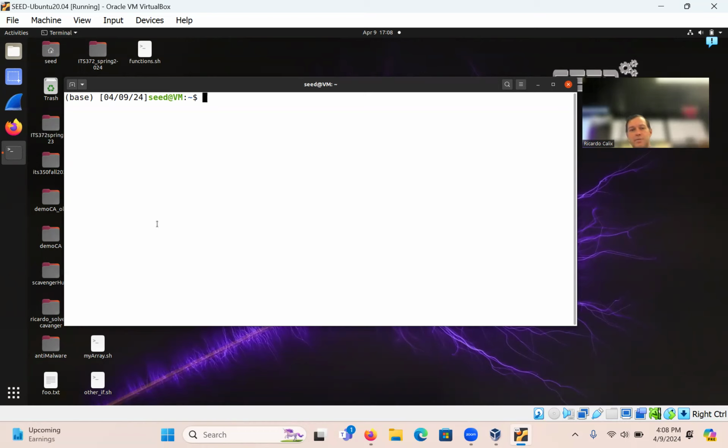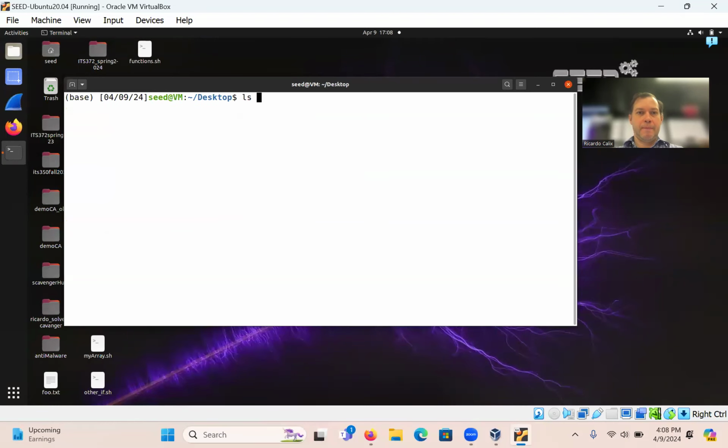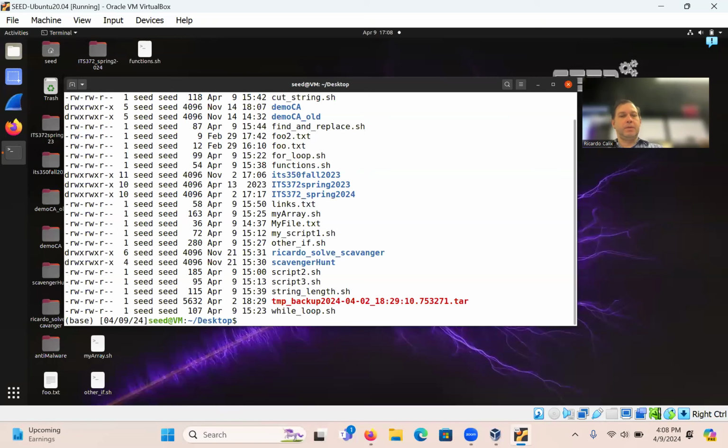I have the scripts here. I'm going to navigate to the desktop first of all, and then to ATS 372.